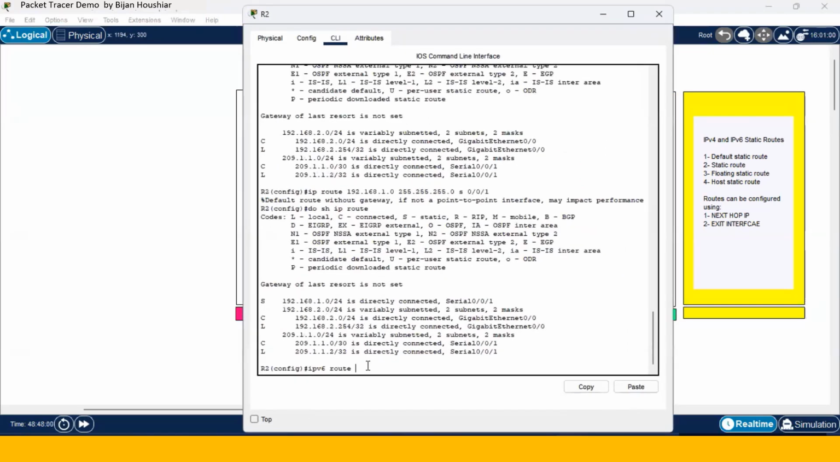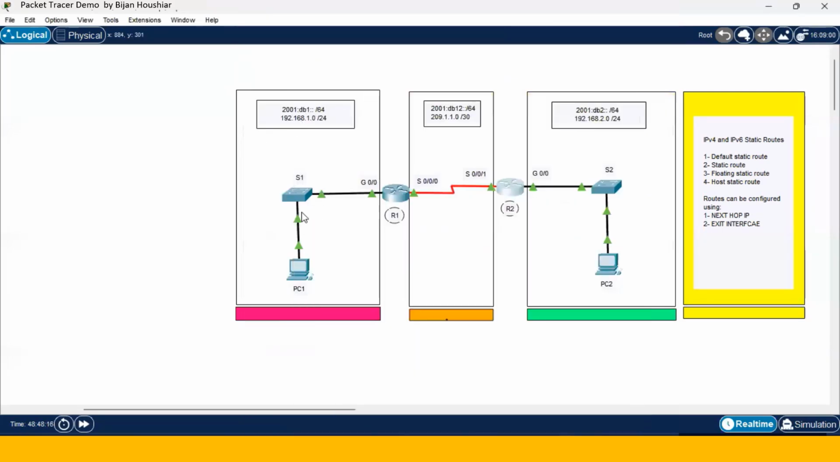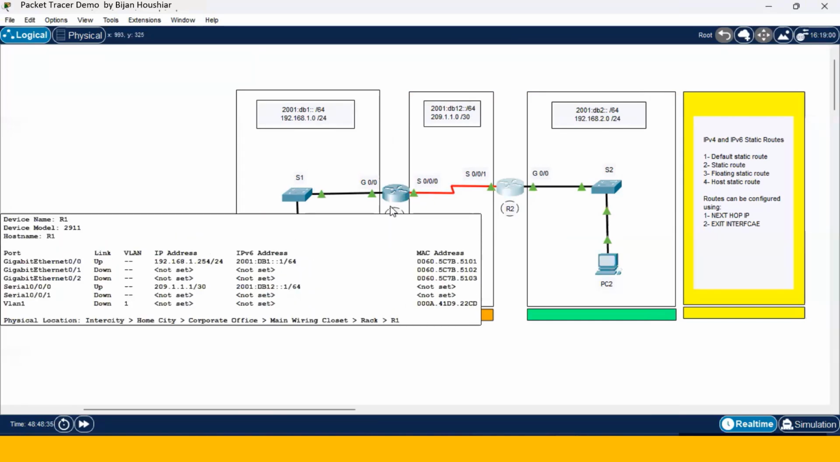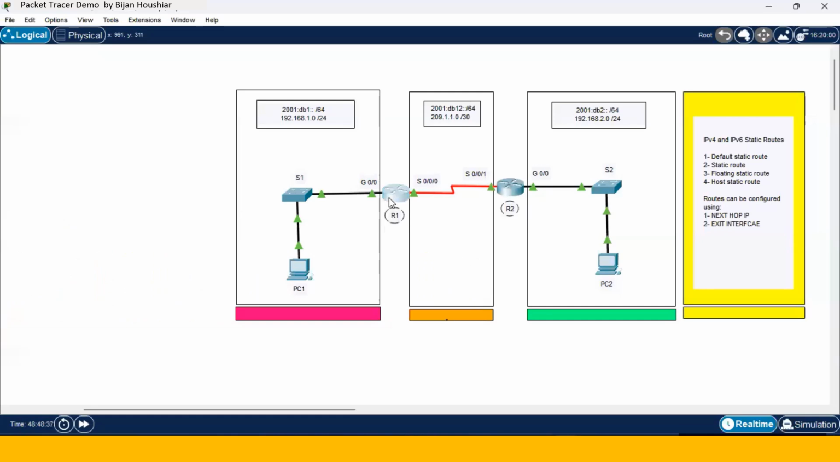So it is 2001:db1:: slash 64. What is the exit interface that packets should go out of on router 2 to reach this network? Through this one. What is the next hop IPv6 address that can be used here instead of the exit interface? The IPv6 address of serial 0/0/0 of router 1, which is, if I can go back